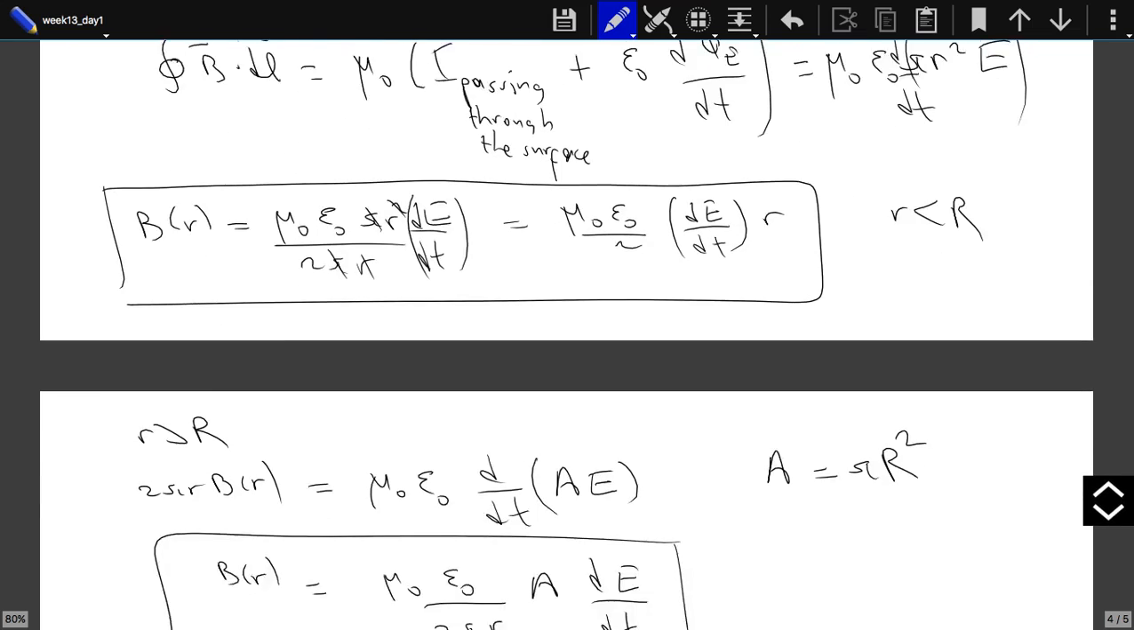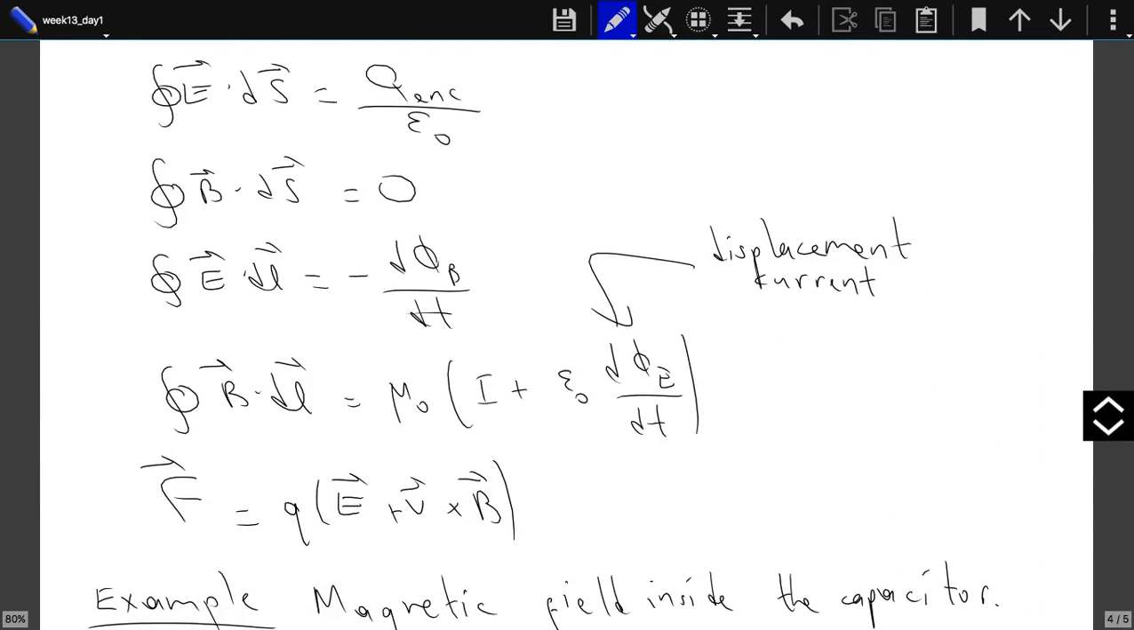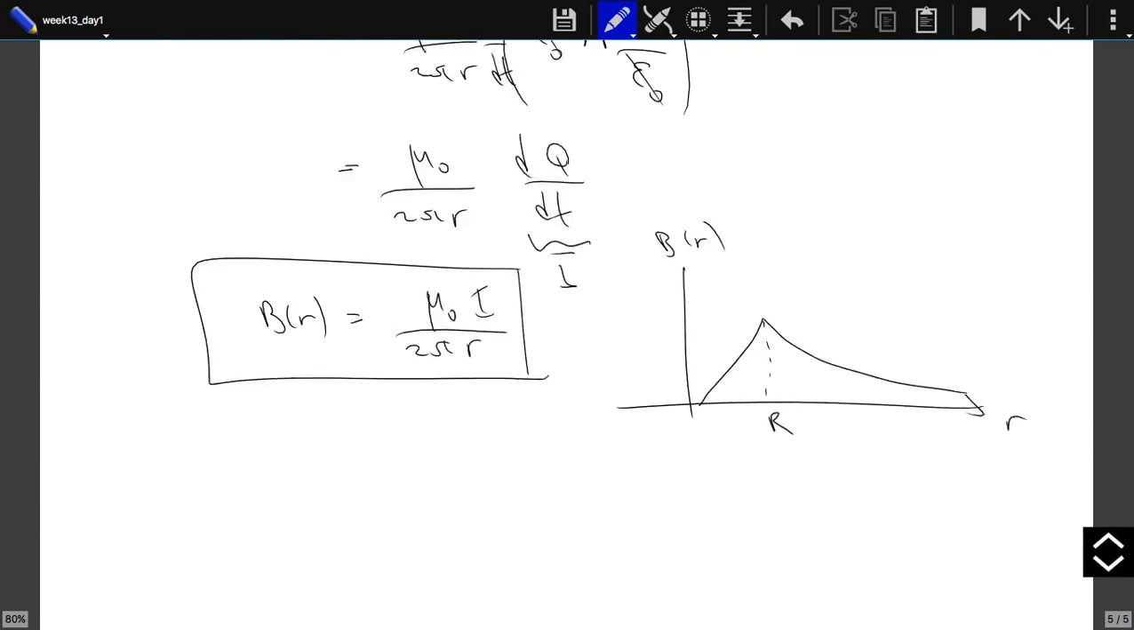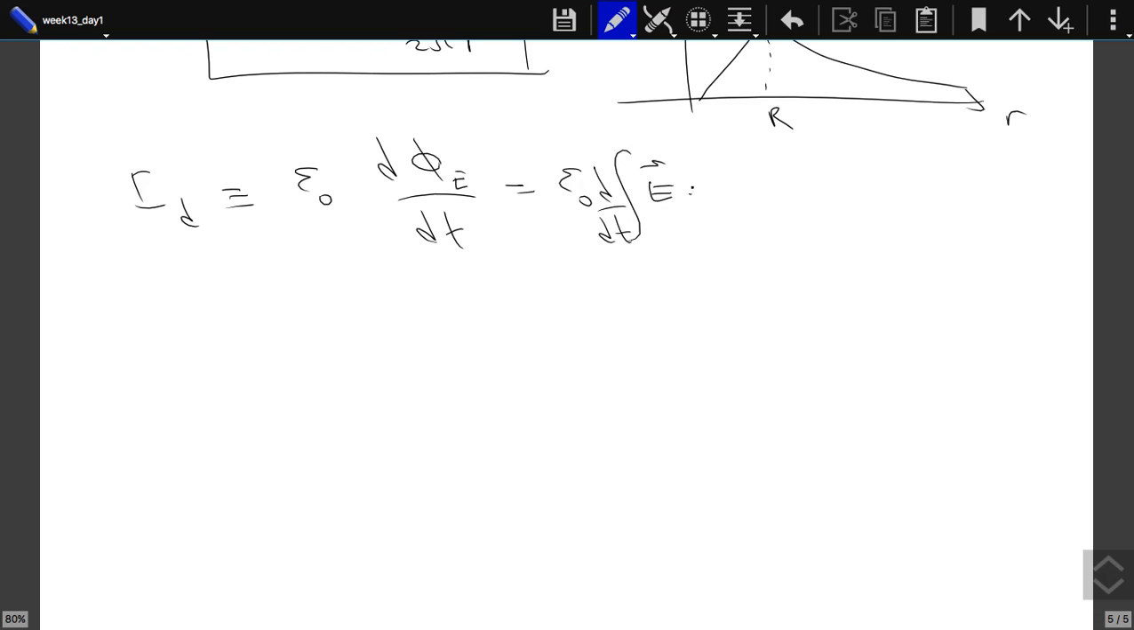Can we somehow define the direction of this displacement? Sure, the direction is in the same direction as the current. You see, the displacement current, we had defined it as epsilon 0 d phi E by dt, which is epsilon 0 d by dt of the integral of the electric field over our surface, epsilon 0 dE by dt